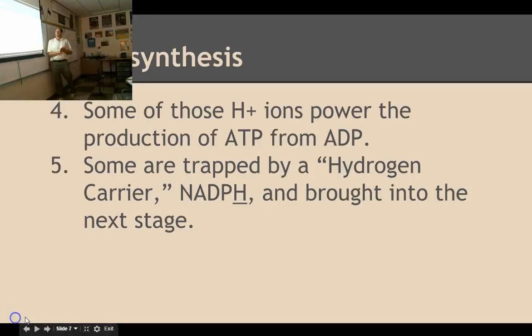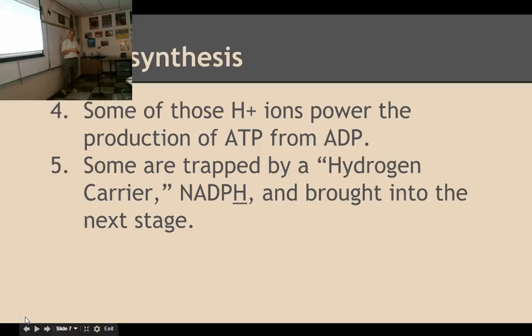So I think I have a picture next. Okay, so we have a reservoir of hydrogen. The oxygen has left, and you and I are grateful. We're breathing. The hydrogen, though, is trapped. We're going to use some of those hydrogen ions to power the production of ATP from ADP. Remember ATP, adenosine triphosphate? Think of it as like a full battery. The cell can do something with that molecule, right? And the ADP is a partially spent battery. So we're going to recharge some partially dead batteries and make them full batteries with some of this hydrogen ion,